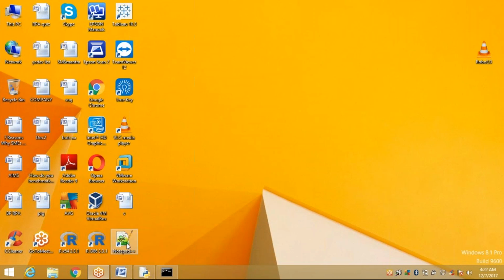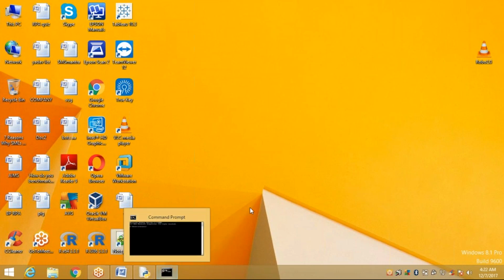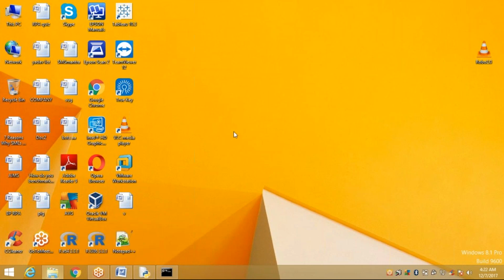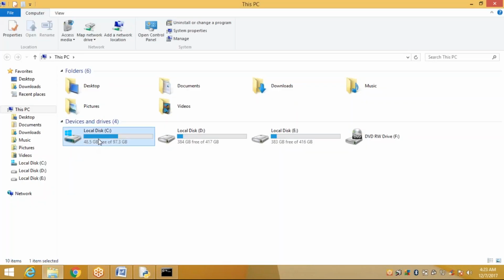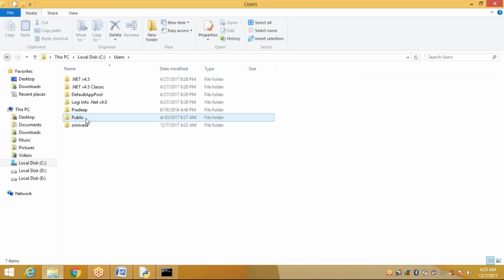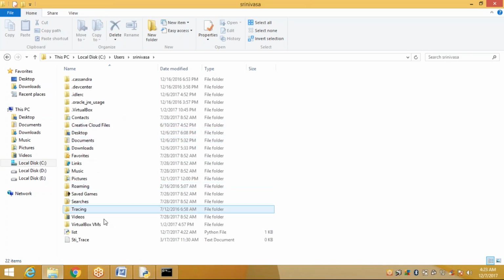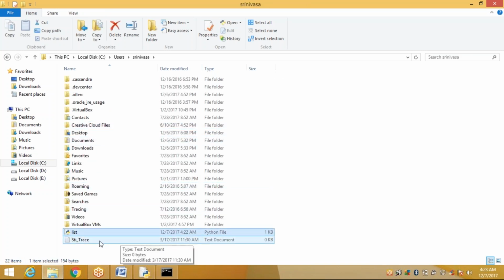It's already saved, right? See here, where is it available? Under C, users, Srinivasa. Here, this is your Python file.